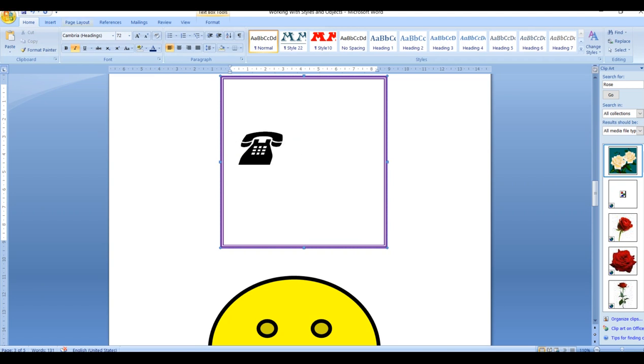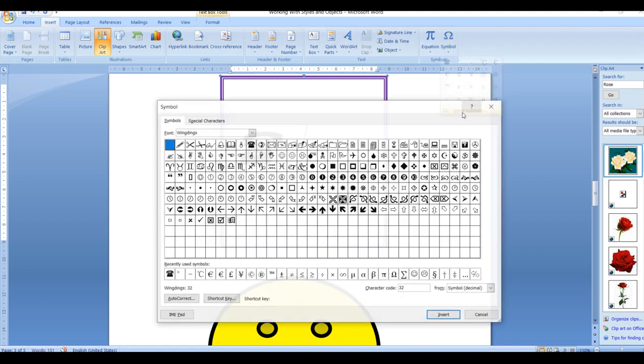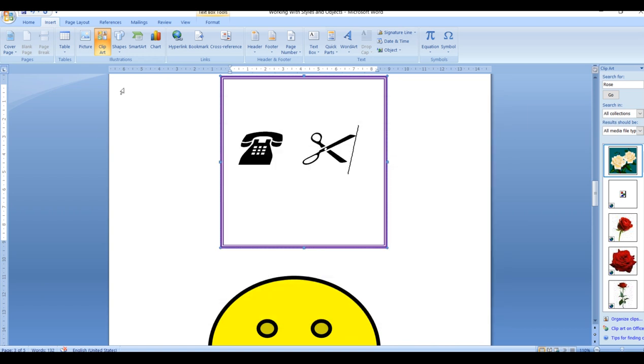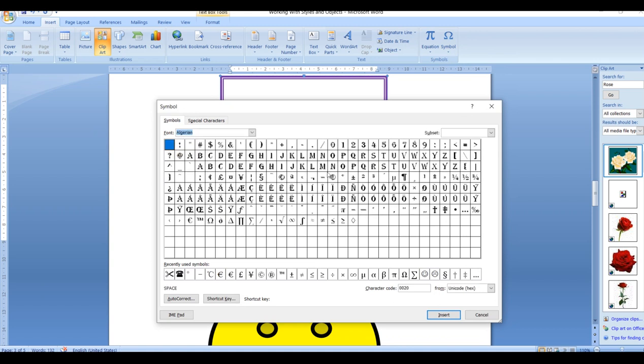So this way, suppose some more things I want to insert. So I'll go to the More option in the symbols. Now I want to use a scissor. So here my scissor comes. Go to the Insert option, close it, see here. So these kinds of special symbols are present. Even if you want to add any mathematical symbols, go to the fonts, then choose the Algerian font.